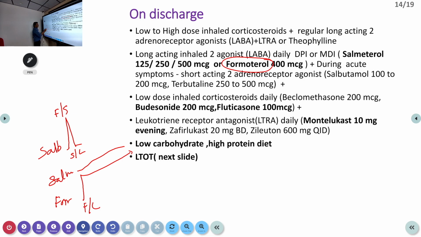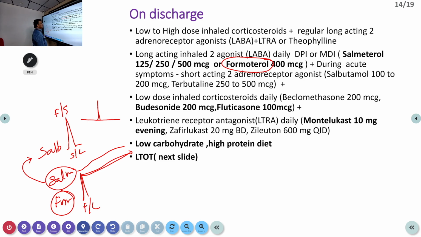So if you are giving salmeterol, you always have to advise a salbutamol along with that, because anytime the patient gets an acute exacerbation, salmeterol will be acting like this, and any acute exacerbation, you give a salbutamol, that acts like this. Whereas if you go for formoterol, it can be used as a preventive drug and as a rescue drug. Rescue drug means anytime the patient is getting breathlessness, the same puff itself can be utilized for that. Otherwise, we need to give 2 MDIs.